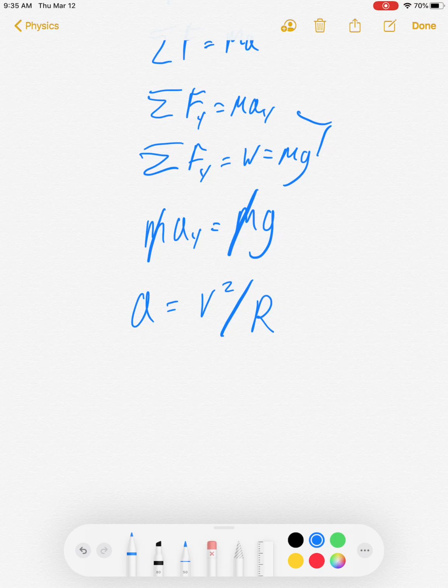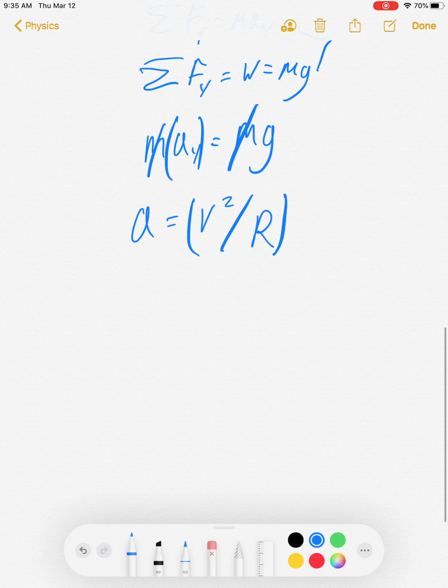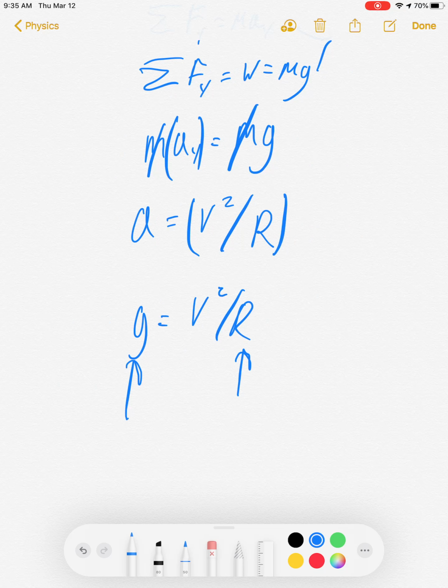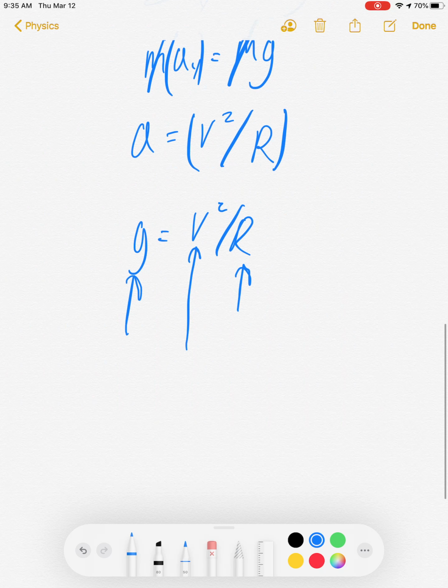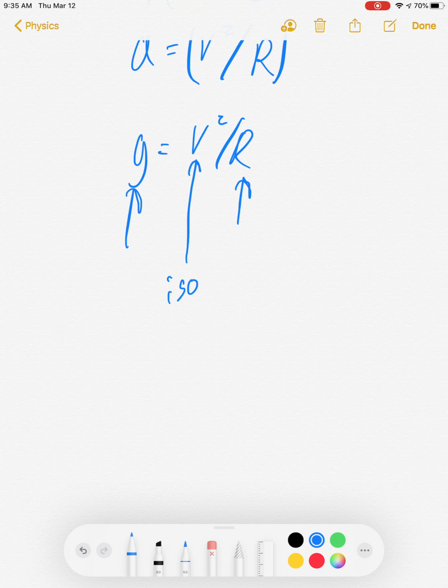And so now I'm going to substitute this in, and we get g is equal to v squared over r. Well, r they gave us, and v is what we're looking for. So we're going to isolate v, and if we do that, we get v is equal to the square root of g times r,